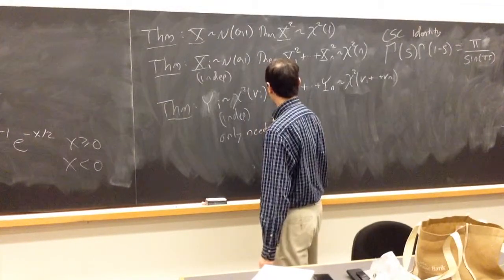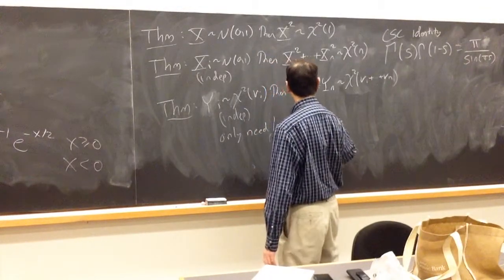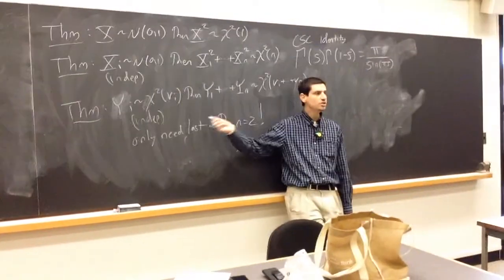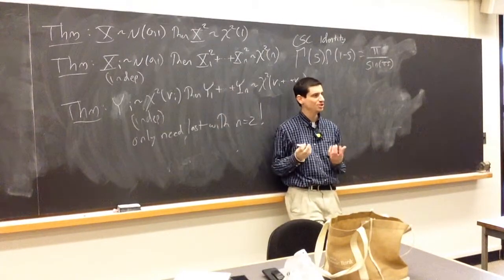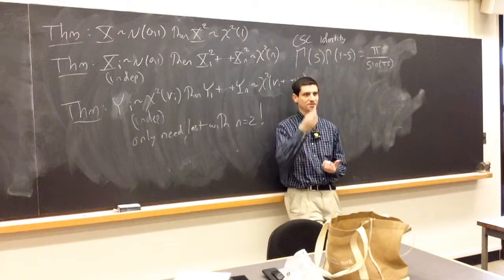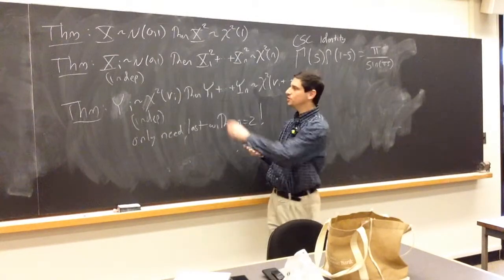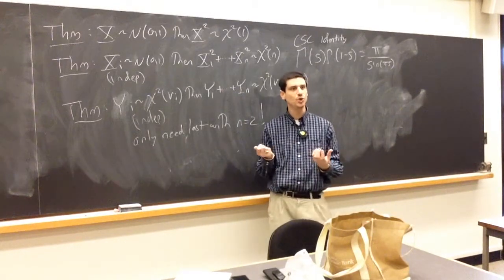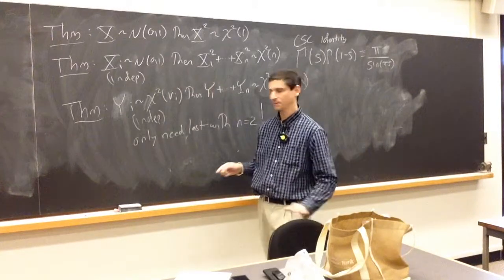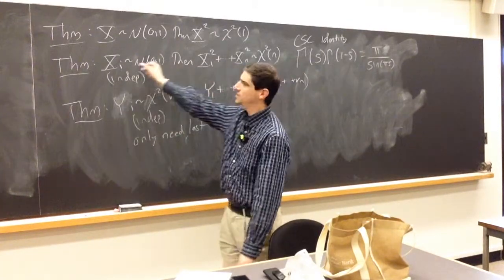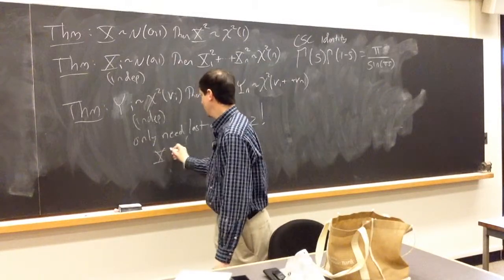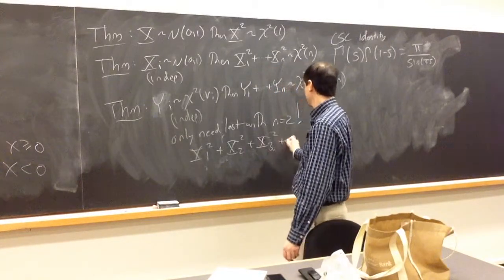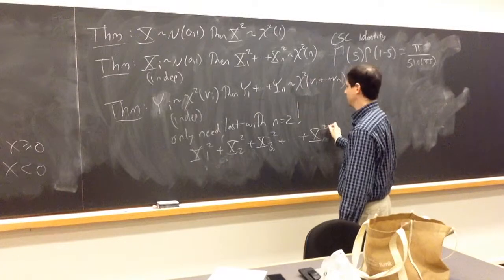We only need the last one with n equals 2. What technique do we have, if we can do the last one when n equals 2, that will allow us to get everything? It's grouping. So if we can show the sum of two chi-squared random variables with nu1 and nu2 degrees of freedom is a chi-squared with nu1 plus nu2 degrees of freedom, then we get the general case. So for instance, if I go back to this theorem over here, if I now want to look at x1 squared plus x2 squared plus x3 squared plus ... plus xn squared,